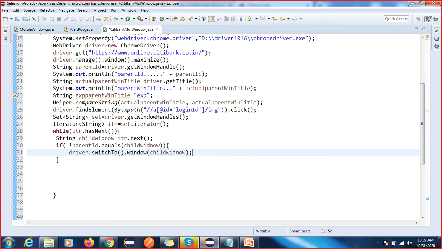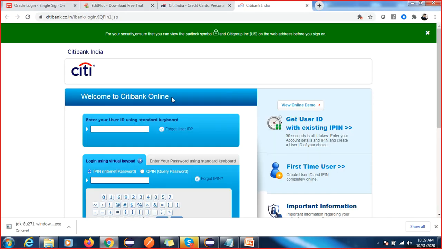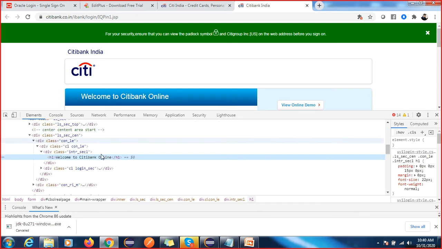After switching to the child window, I want to validate this text, whether it is displaying or not. Okay, so now I'm going to find this element.